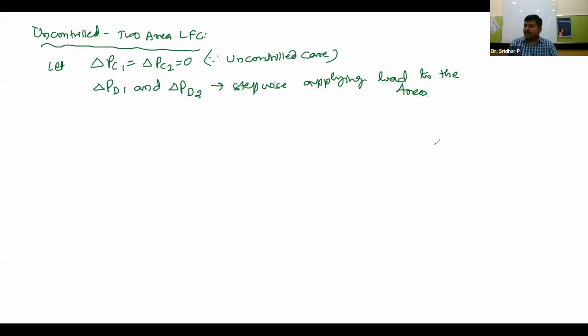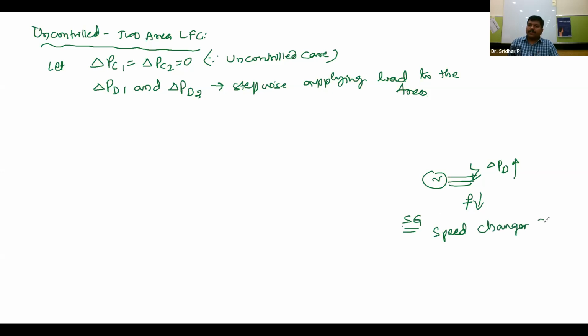So these are the two assumptions. And the next one is that delta PC1 and delta PC2 equal to 0. Suppose we are taking the generator, and suddenly we throw a load delta PD on it, gradually increased. Immediately there will be a change in the frequency, so the frequency will decrease. Who will sense this frequency deviation? Your speed governor will sense the frequency deviation. Once the frequency changes, it will be sensed by the speed governor, and this is in association with the speed changer settings.